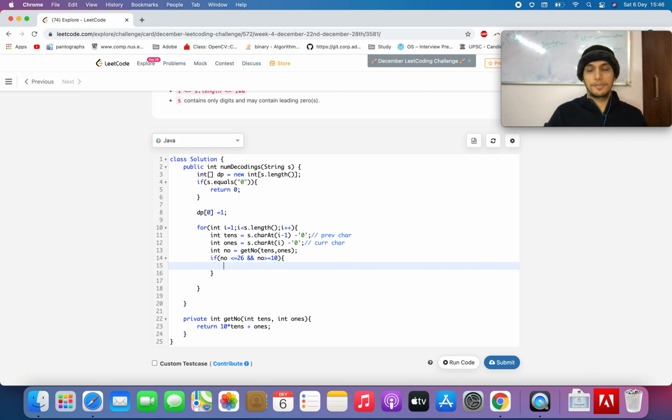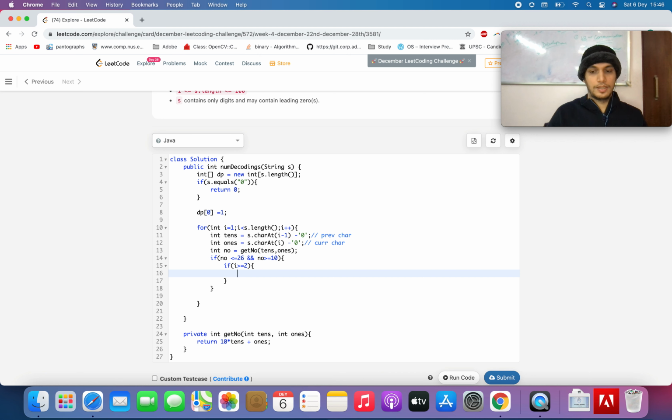For those cases, I am targeting the second group of my algorithm. So if i is greater than or equal to 2, dp of i equals dp of i minus 2. So I'll add dp of i minus 2 to this position.